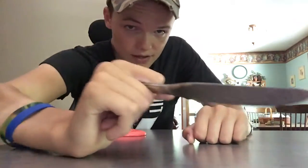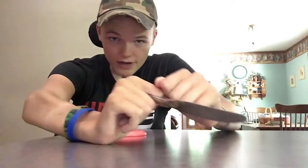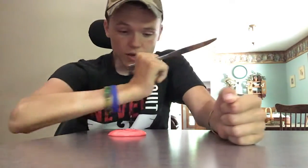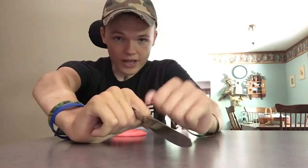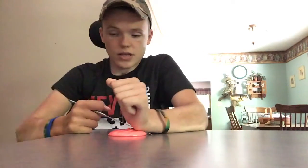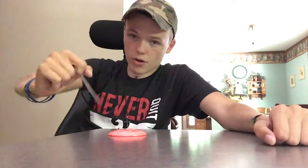Like this. You'll see I put the handle through between my index finger and my middle finger like that, and my thumb is like this. So the handle actually comes from right here all the way to the back like that. So this allows me to go like this, and I've got control over it. It's not going to slip out. And I use my other